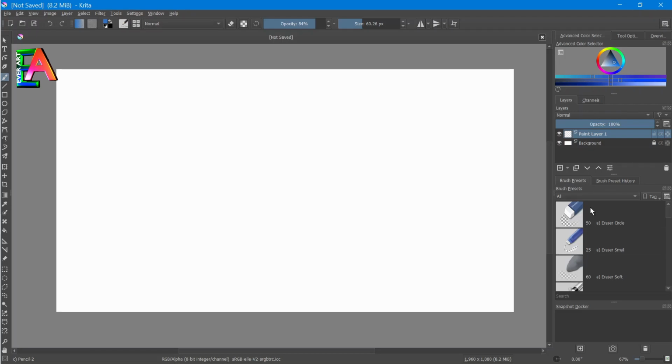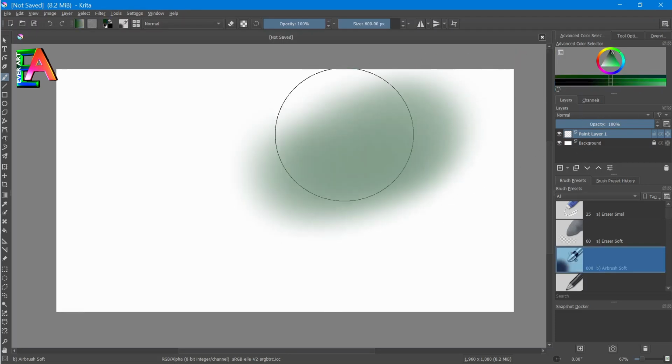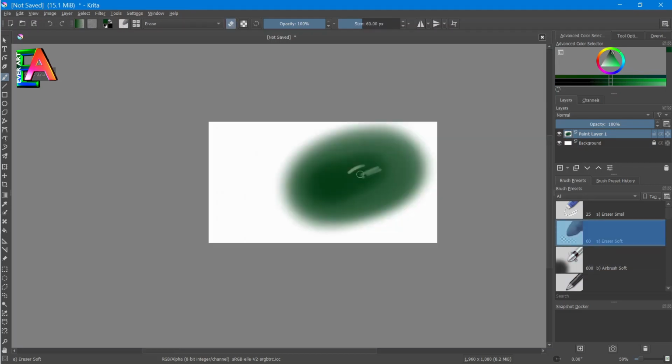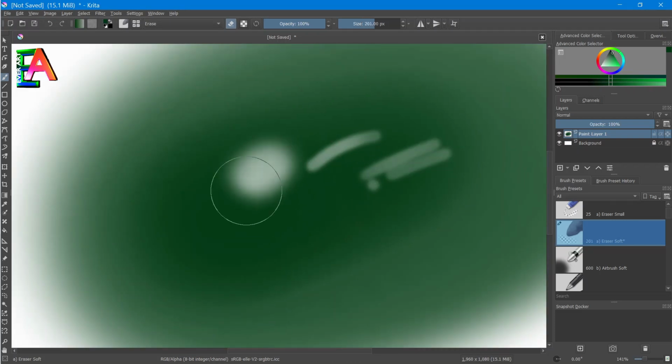This is the large scale eraser, and here is the option Eraser Small. If you want to erase just a small part, then you can use it. And this is also Eraser Soft. That means if you put a lot of colors like this and want to erase them, it will erase the painting softly.